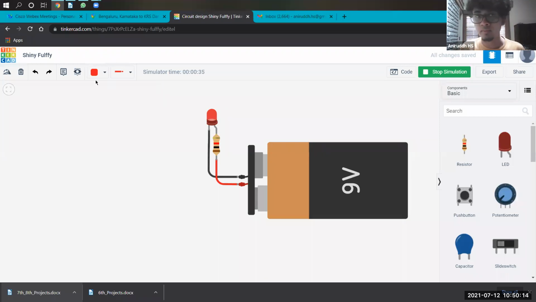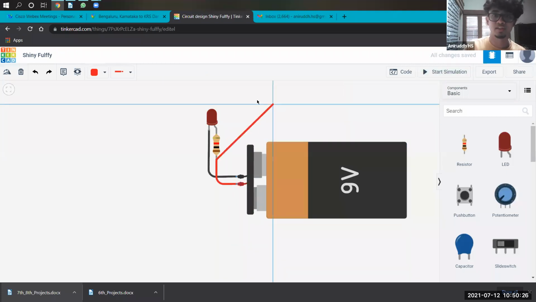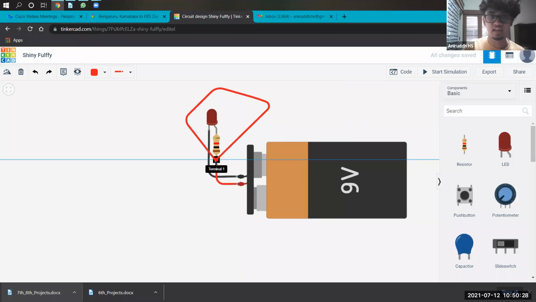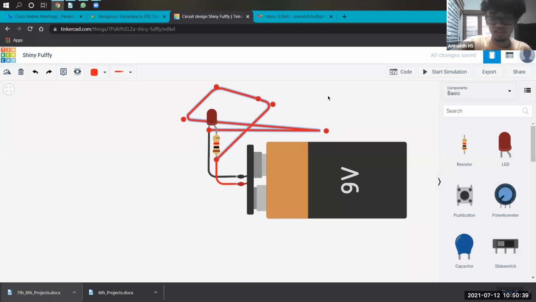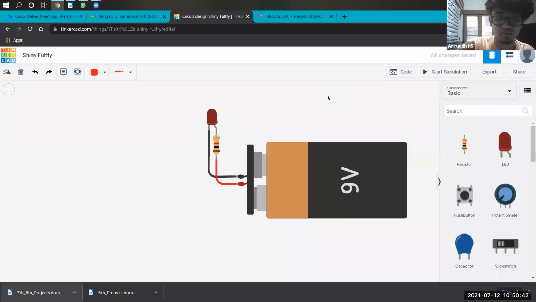A little bit more about this Tinkercad software. Suppose you make a mistaken connection, like you've accidentally drawn some extra wire and you want to delete it. You can do two things. You can click on this wire, it will get selected, and you can just press the delete button on your laptop or keyboard, and it'll go away.